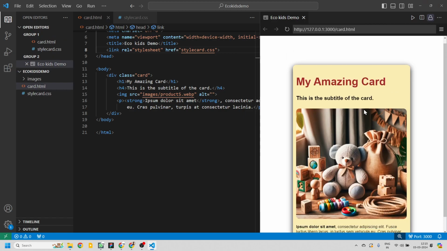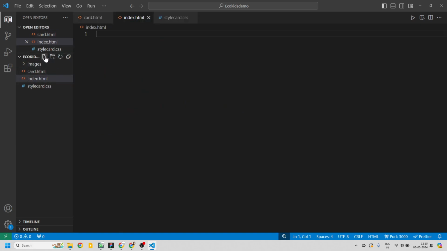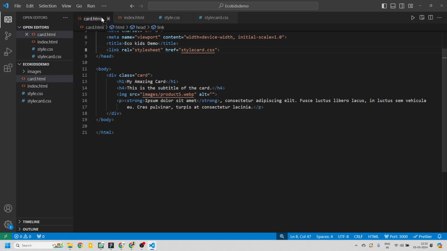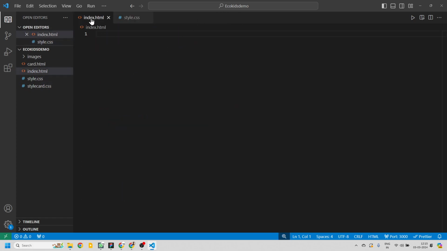We just change the names, and now we will build up a few files. So first thing I'm going to do is create a new index.html. Then quickly I'm gonna go back and then create style.css, and I'm going to close the previous files, card.html and style card.css. Okay, now these two files are for the card, so we will not work with that. Since we are building up our one page single website using Bootstrap, we are going to start with index fresh,